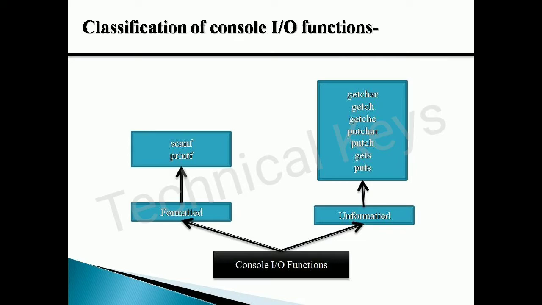So what this means is, when I say that I'm using unformatted functions, that is this big list, it means that my compiler can read only one input at a time, not more than one input allowed. So for that purpose, I can use the formatted one. In the formatted functions, more than one input can be allowed at a time. So this is the first main difference between formatted and unformatted regarding the inputs.